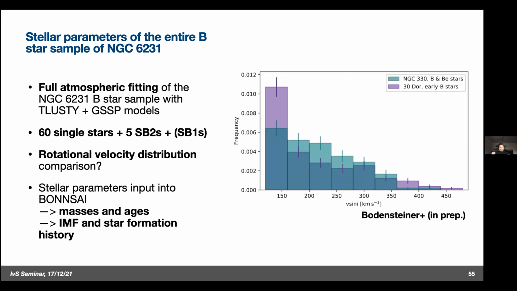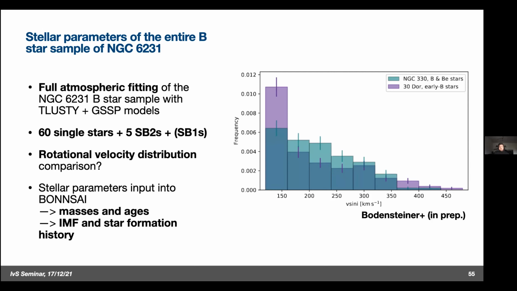So we want to extend this atmospheric and evolutionary fitting to the rest of the B-star sample, including the SB2s we identified in the first paper and also the 60 single stars that we have found. Why do we want to do this? Well, first we can compare the rotational velocity distribution of the stars, how fast they rotate, to the stars of other older clusters, and potentially those in different metallicity environments,